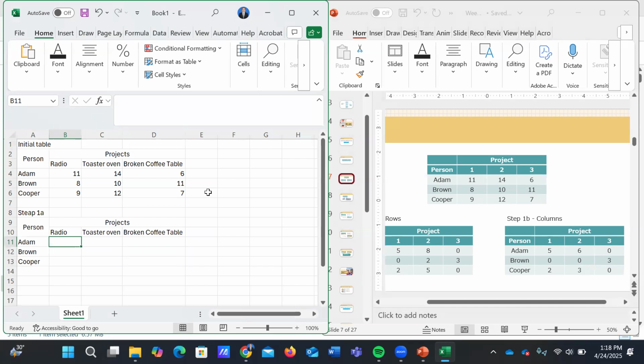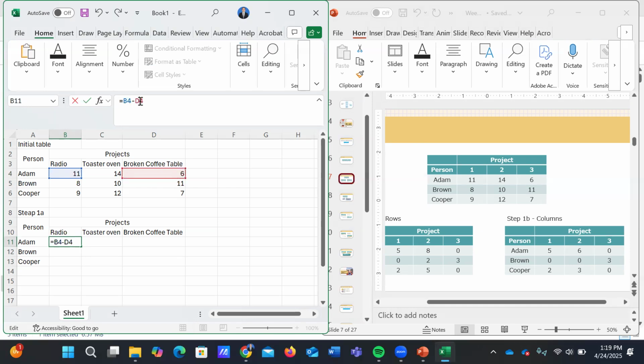Here for Adam, the project with minimum cost is fixing broken coffee table. So we have to subtract all the values of the Adam row with the smallest number. Just access the cell and subtract by Adam's broken coffee table.